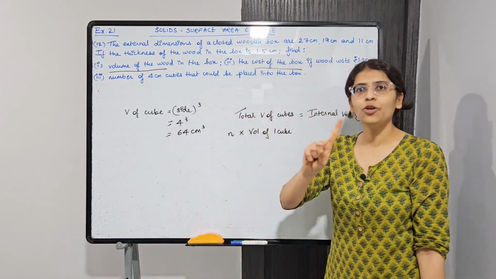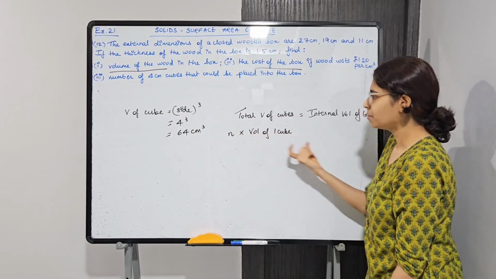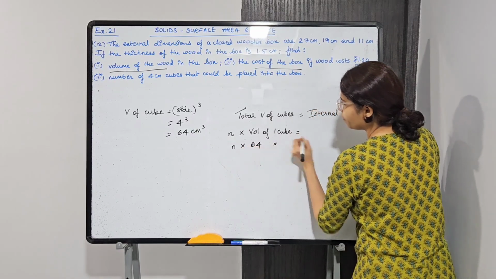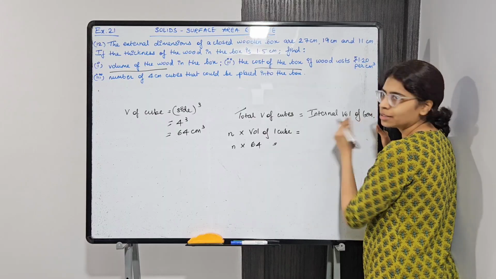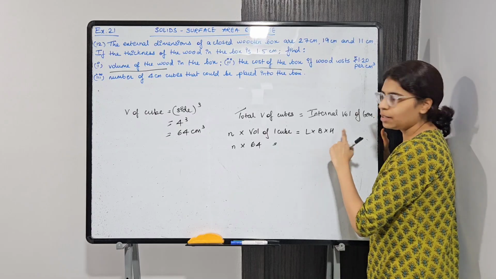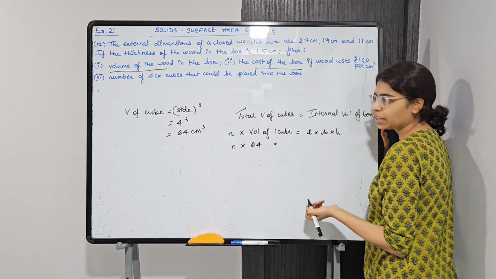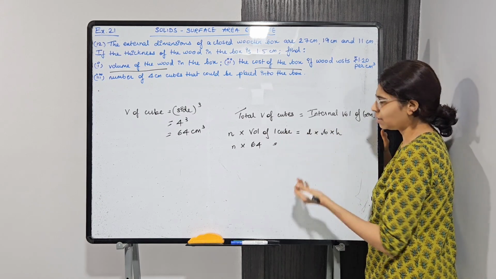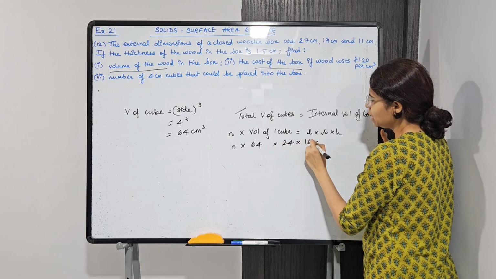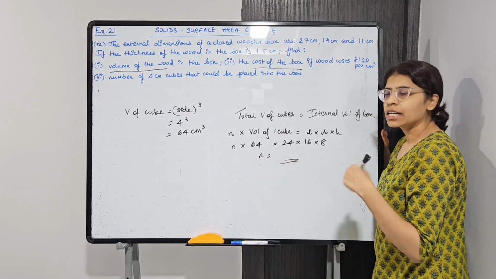राइट। सो एक क्यूब का वॉल्यूम 64 क्यूबिक सेंटीमीटर है, ऐसे n क्यूब्स प्लेस कर रहे हैं, ठीक है। So n cubes into the volume of one cube will be equal to the internal volume. Internal volume is L into B into H, right? So small l, small b, small h. Very sorry. वैल्यूज पता है मुझको, वैल्यूज पुट करेंगे, सॉल्व करेंगे। इंटरनल लेंथ वी गॉट एज 27 minus 3, 24, ब्रेथ एज 16 एंड हाइट एज 8, राइट। सो ये सॉल्व करेंगे एंड n का वैल्यू फाइंड आउट करेंगे.